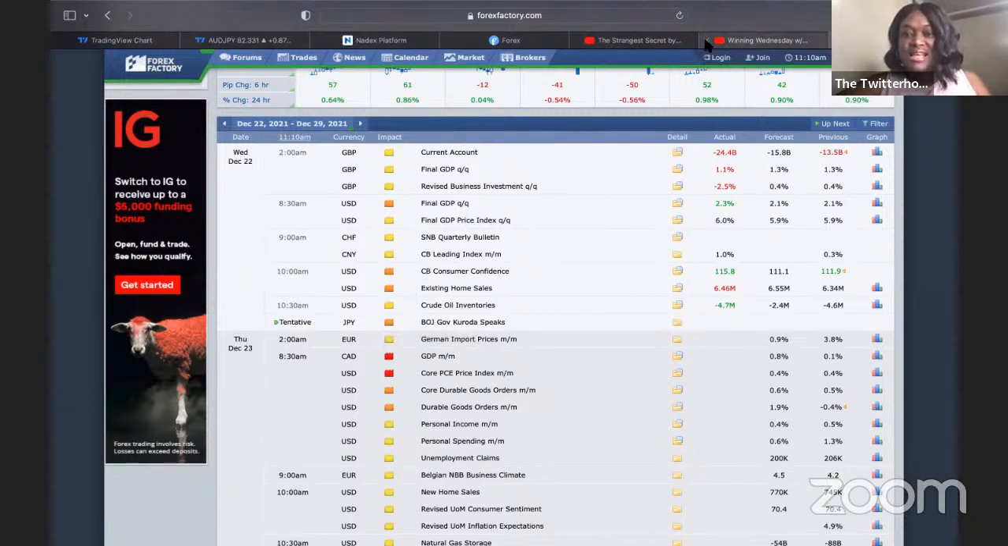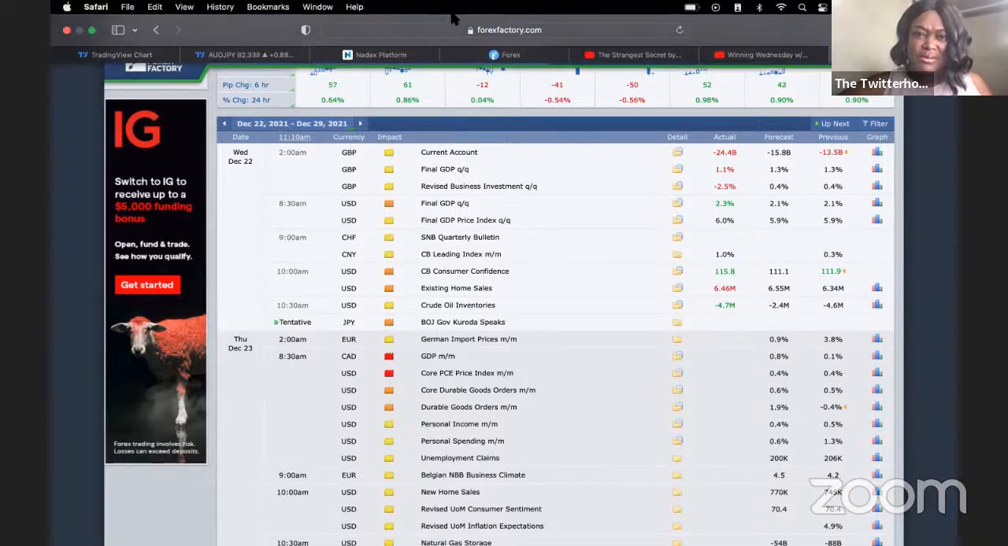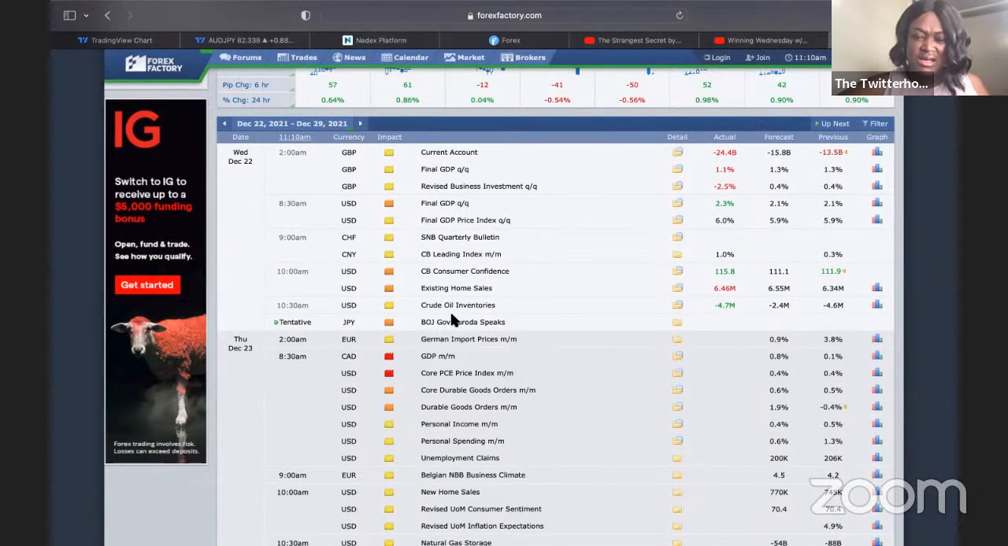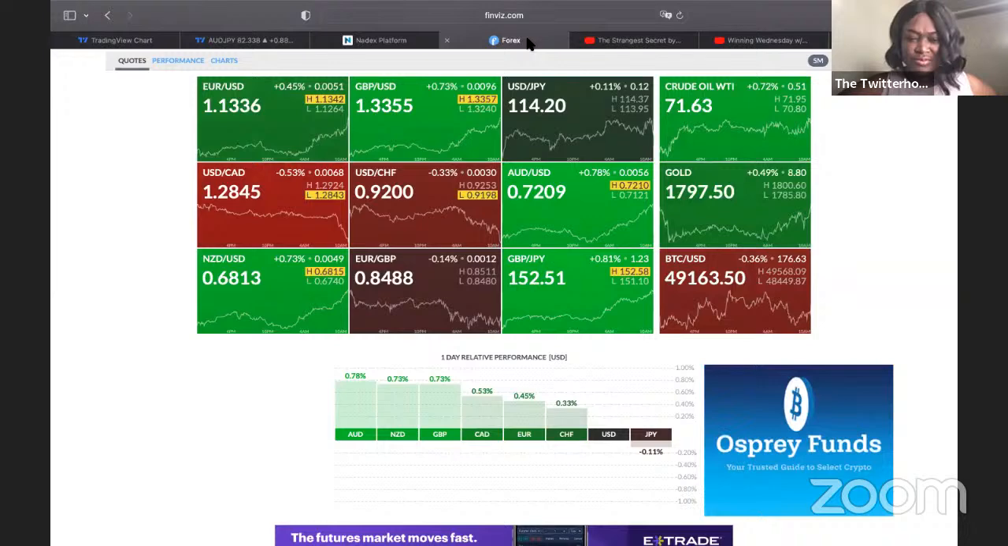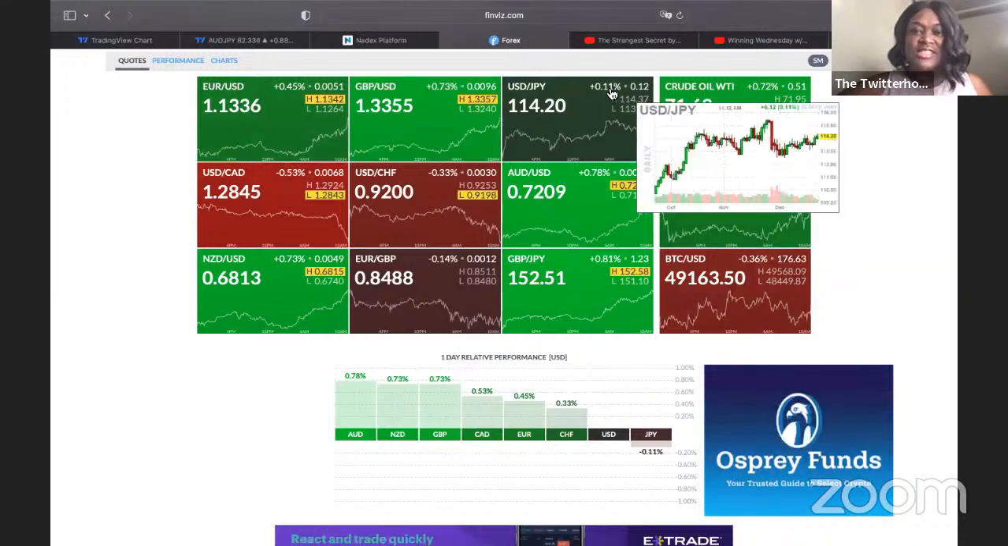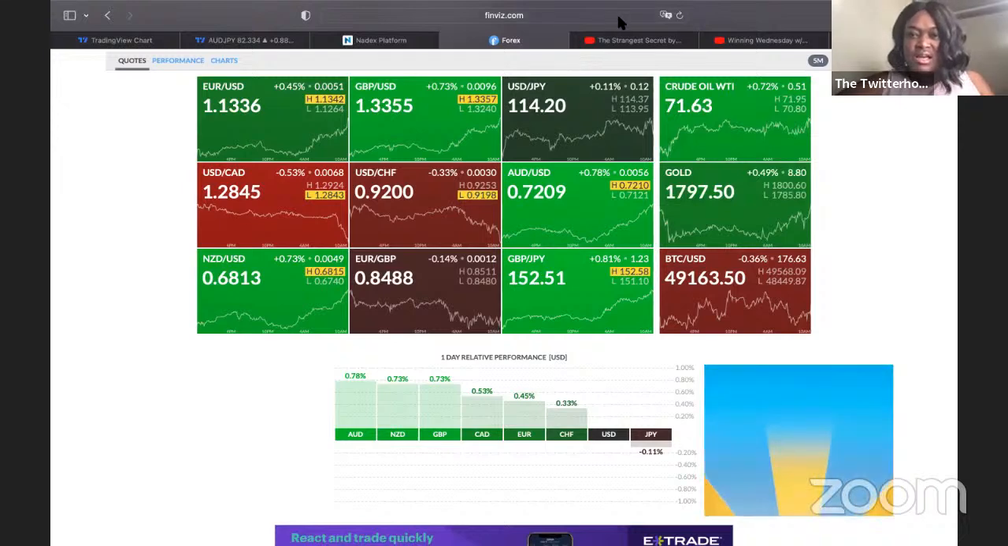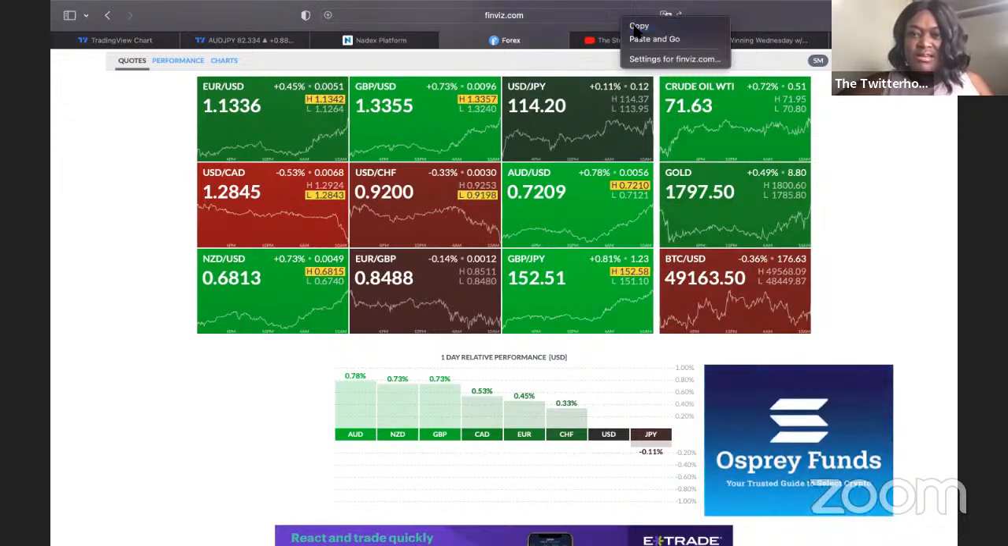So the next thing that we're going to look at is finviz.com. But first, let me just copy and drop this forexfactory.com for anybody that needs it. All right, so next, finviz.com. Oh, this is looking great for my trade. All right, finviz.com. Let's copy